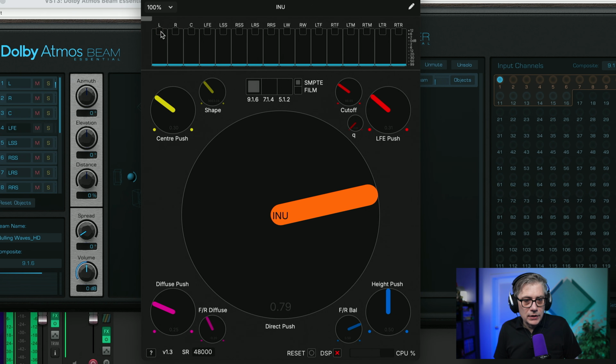And then there's one additional feature that I find really cool, and that is these little boxes here. If you click on them, it will give you a little bit of white noise, and that allows you to identify where exactly the speakers are. And I think that is really, really useful. So once again, a really interesting plugin that can be very useful if you're working with immersive audio. It is not that expensive.